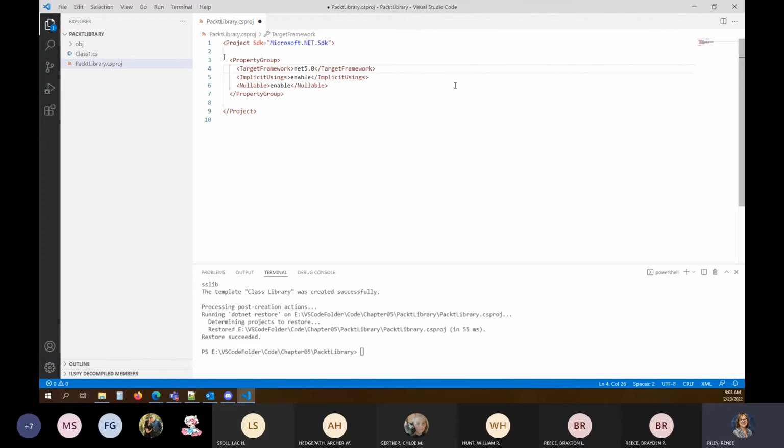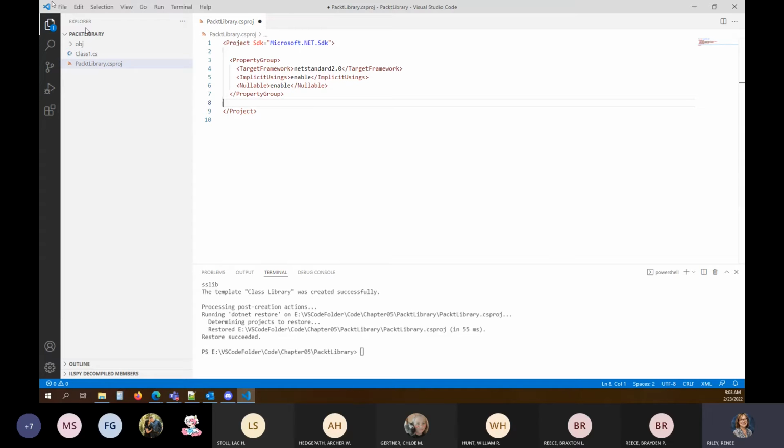Actually, they want us to change it a little bit more. So instead of using .NET 5, they want us to put netstandard2.0. That should be all that we need to change.